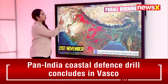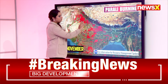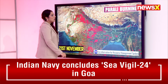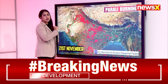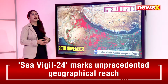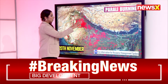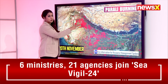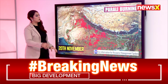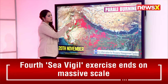we can see how the impact of Parali has stretched towards different parts, from the northern part to the eastern part of the country, where the isolated areas can obviously show the concentration of the pollutants in the national capital. And when we go back to the days before, this is just yesterday's picture from the NASA satellite, where we can understand that the pollutants which get tracked in the satellites give us an image that